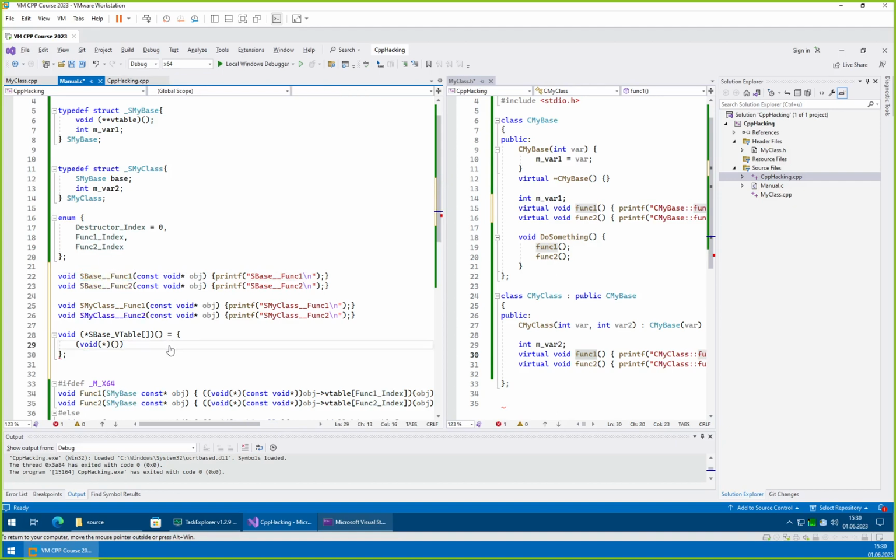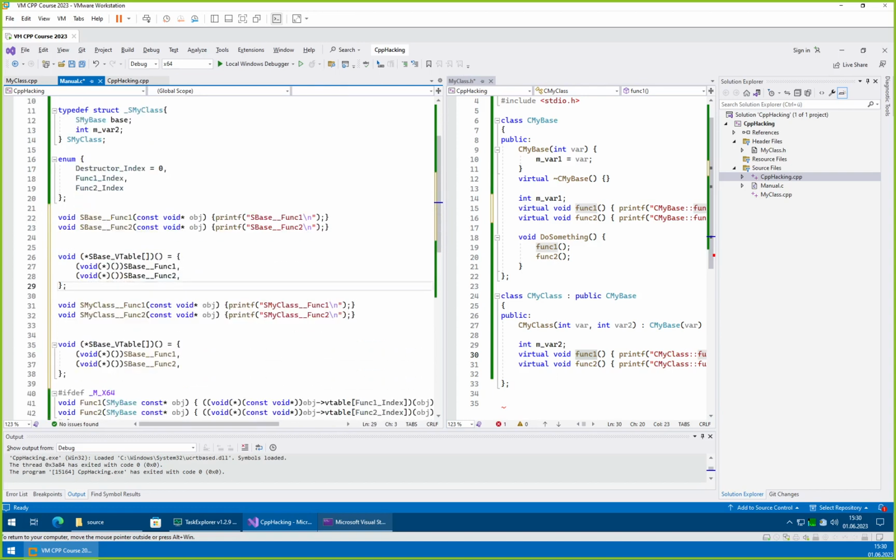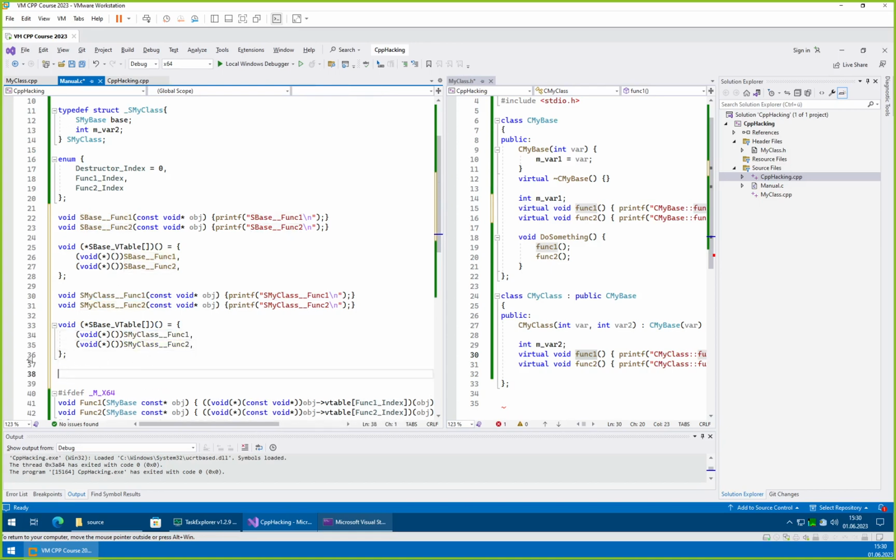Base function 1 and base function 2, and then the same for the derived. Actually, maybe it would look nicer if we put this here and that there. Then for the derived object we take the second one. Okay,